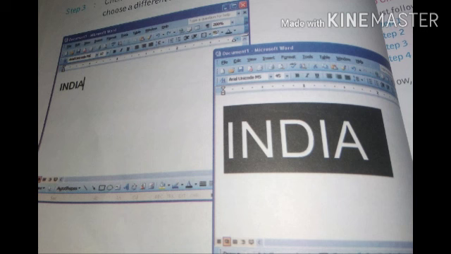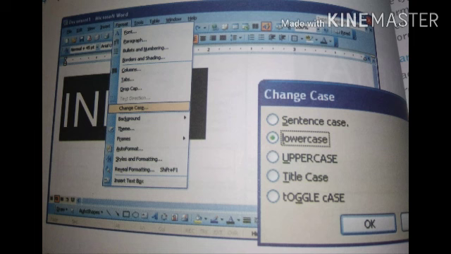Font formatting. Font is the style of the characters that you can use in a document. Word comes with a number of fonts that you can use to make your document look attractive and to emphasize certain areas of text. There are various things such as font, color and style which can be changed in the following ways. Step 1. Select the text, click on Format menu and select the option Font.